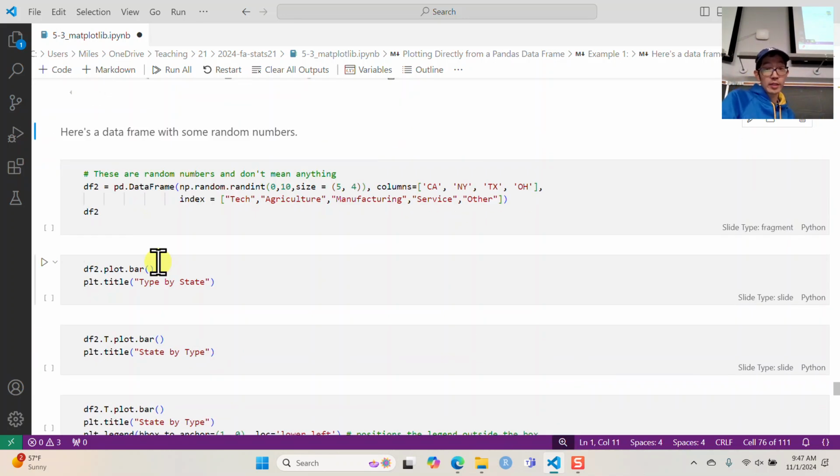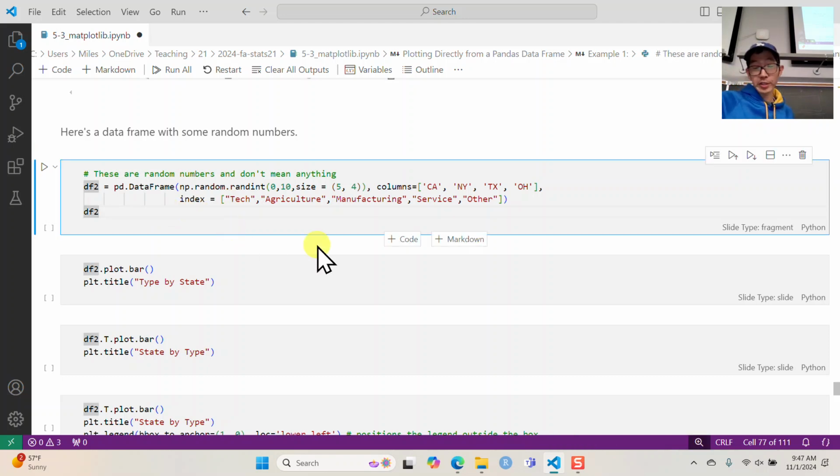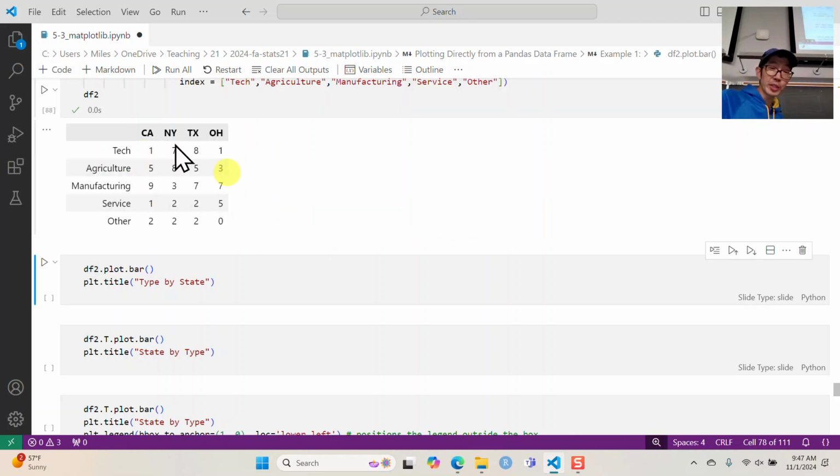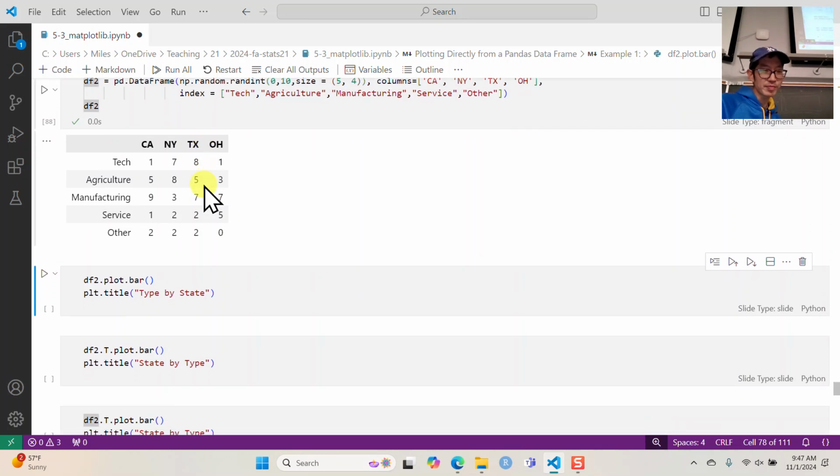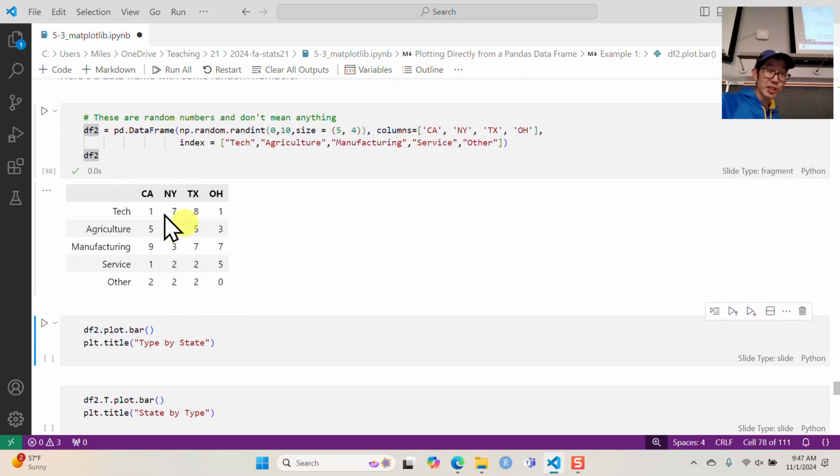All right, here's another kind of data frame. I'm just making up some things. We're going to pretend I've got numbers here and states: California, New York, Texas, Ohio, and then just arbitrary things: tech, agriculture, manufacturing, service, other. Random numbers in here, so don't draw any meaning from this. So this is a data frame. Things you can call